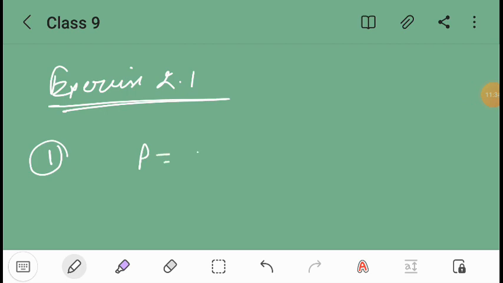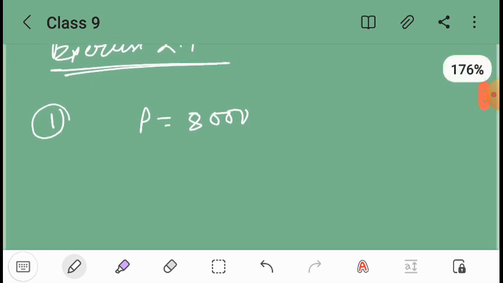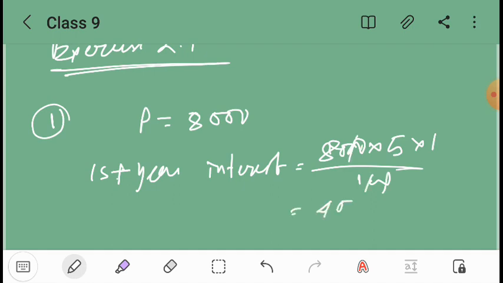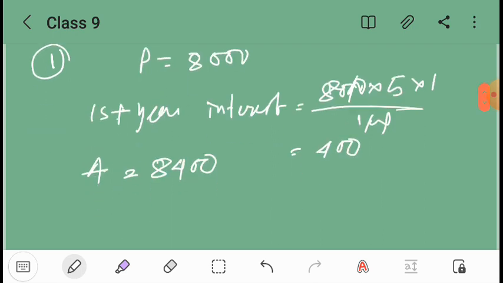So, P equal to 8,000. Now, you can do one thing, you can evaluate step by step. That means, for the first year, you first count the interest. The interest is PRT by 100. So, 8,000 into R, which is 5, and 1 year, divided by 100. The zeros will be cancelled out, and it will be 400. Okay. So, the amount will be 8,400 rupees, right, and in the next year